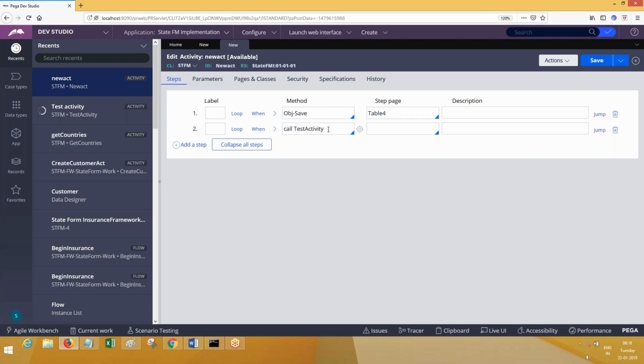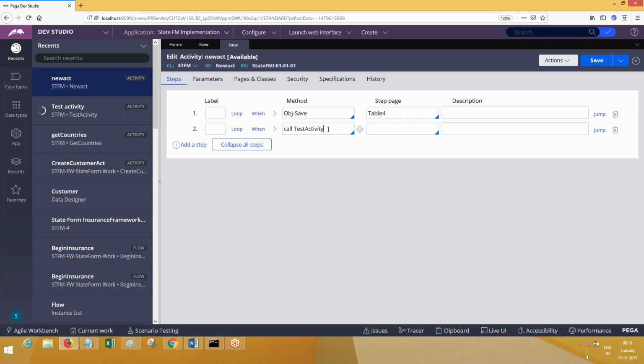Suppose I have activity 1, it is calling activity 2, it is calling activity 3, that is calling activity 4. 4 activities in the chain of execution. All these activities have their OBJ saves. In the last activity, I have done commit. So now it is not going to only commit activity 4 related OBJ saves. It will commit all activities because it will not bother about what activities performed OBJ save. It will bother about only the defer queue. By the time commit executes, whatever is there in the defer queue, everything will get committed.